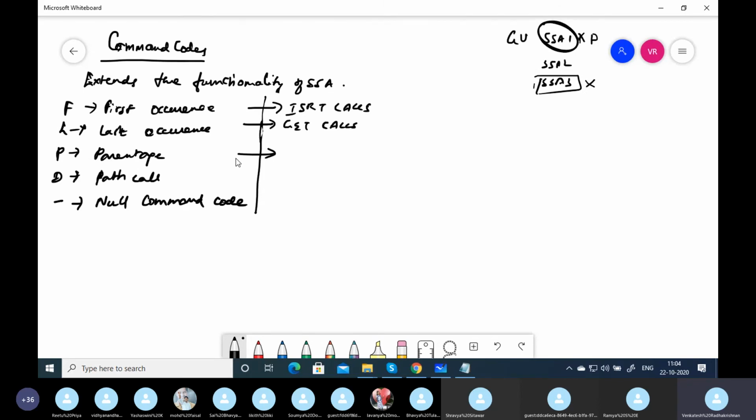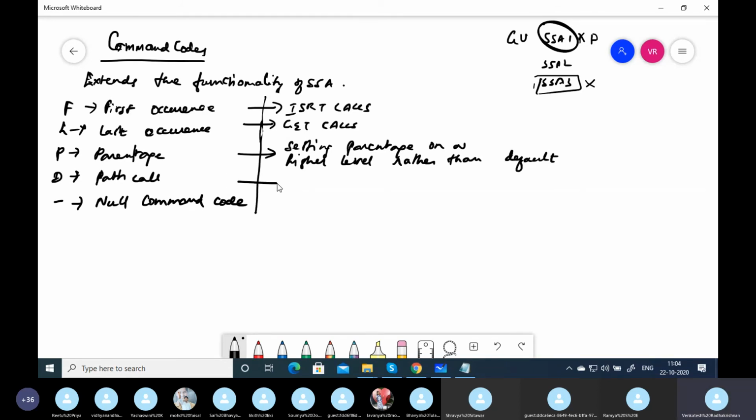So the star P command code is used where we have more than one SSA, when we want to set parentage on a higher level rather than the default lower level.